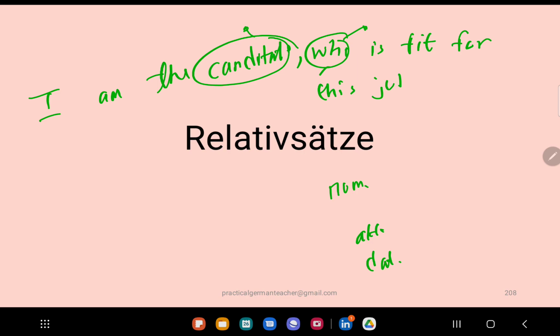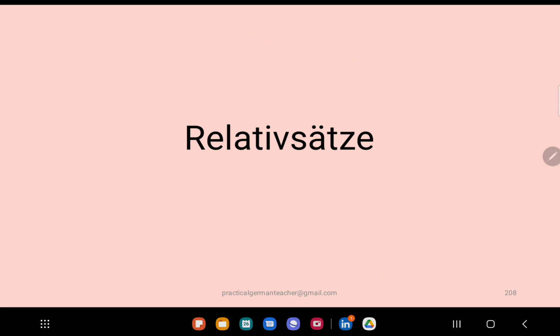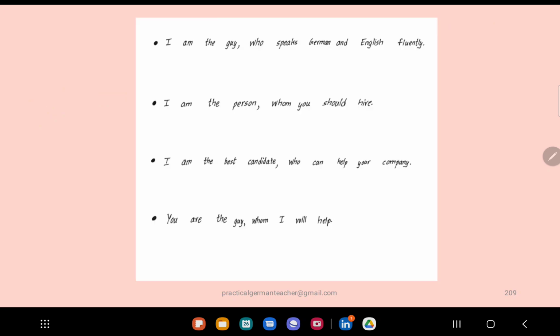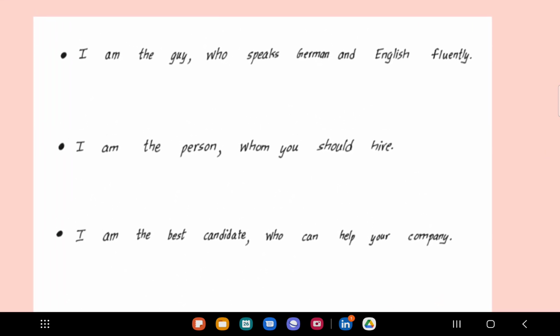So these are Relativsätze. These are sentences after a comma, where the object of the first sentence becomes the subject or the object of the next sentence. This is my way of looking at it. Don't go by the theory, just see how you can use it in real life. For some reason I decided to talk in a not so professional way for this topic.